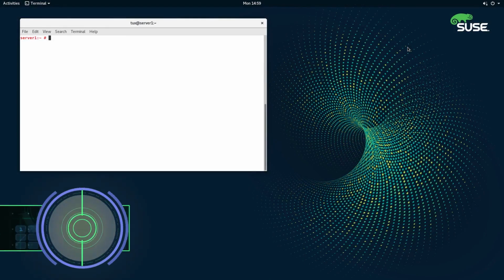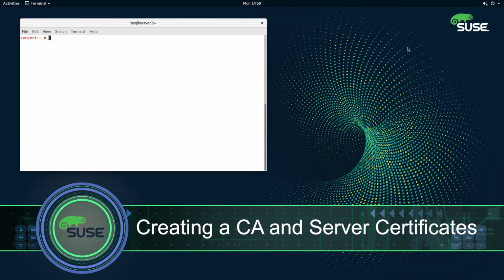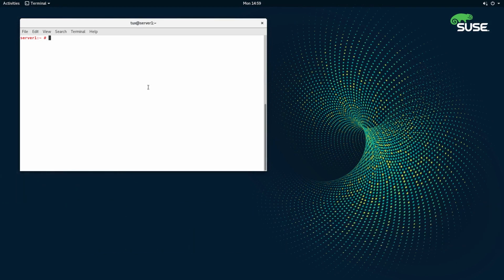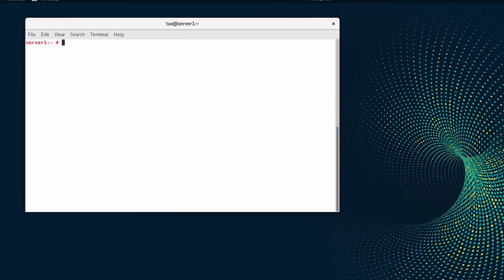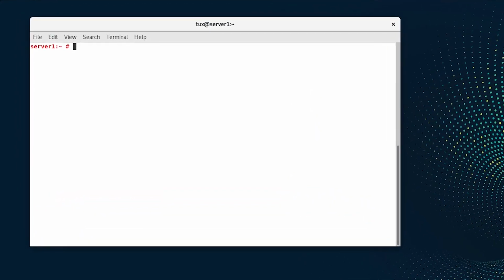In this lab, we're going to create a certificate authority and a server certificate. In order for this to work, we're going to change into the root user's home directory and create the important directory structure that must exist in order for OpenSSL to function when generating a new certificate authority and any certificates down below. So from root's home directory, we're going to make a directory called demo CA along with a subdirectory